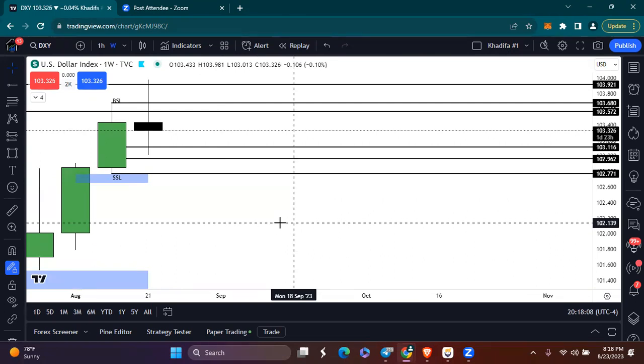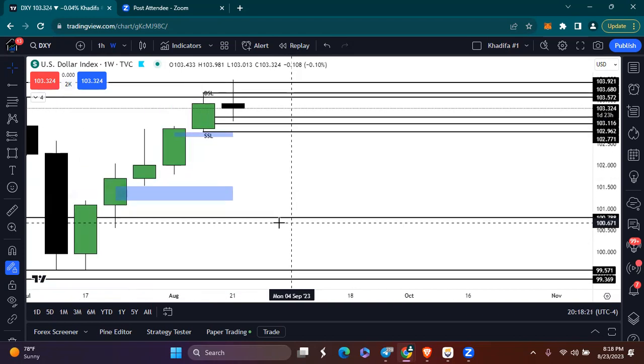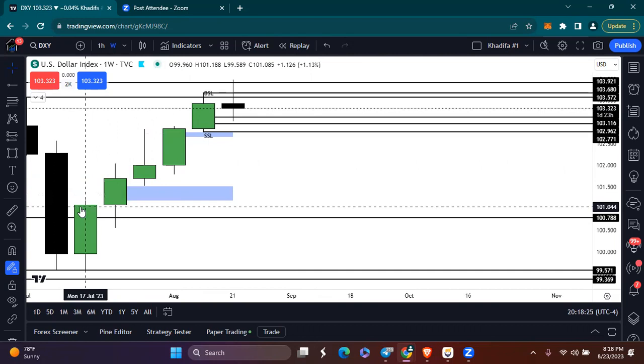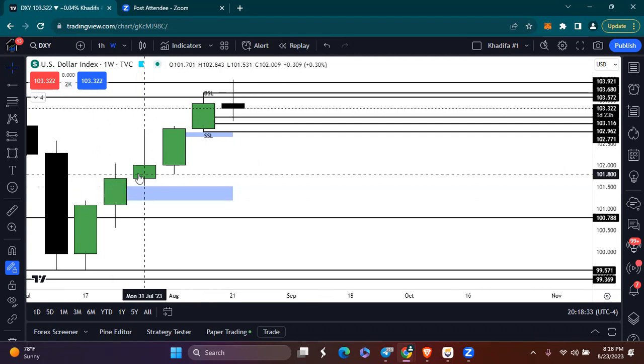The answer for me personally is I look at previous order flow and which direction the market is trending in. And if you look at Dixie, we've been trending up hard since July the 17th, right? We have